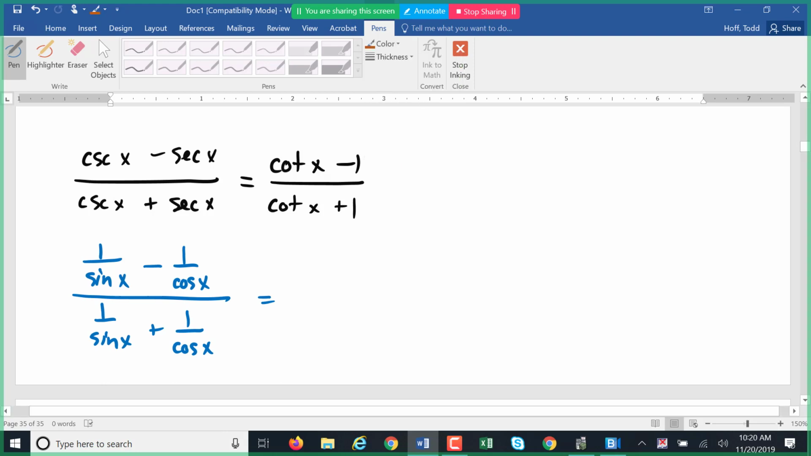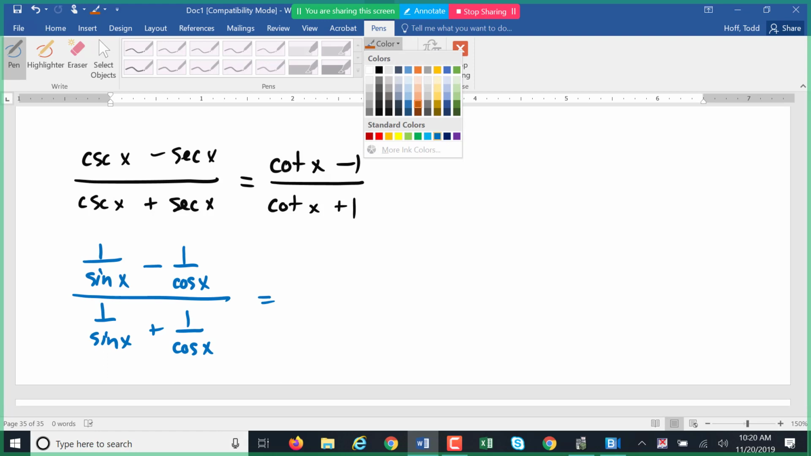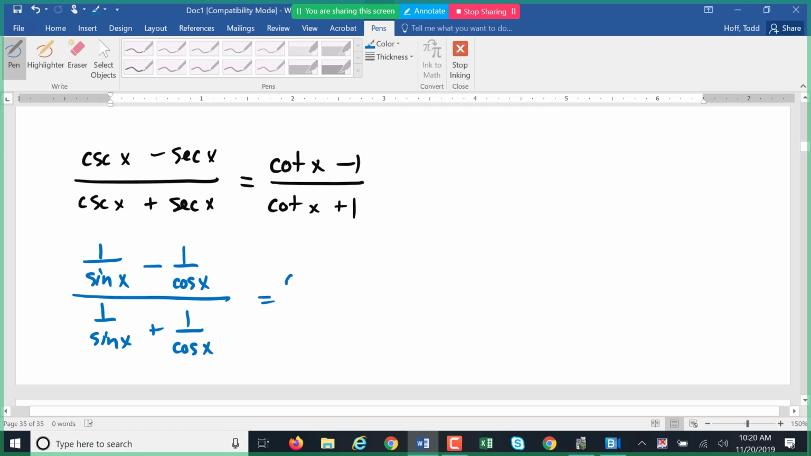Cotangent on the right side, well, that is cosine x over sine x minus 1. On bottom, cotangent is still cosine x over sine x plus 1. Well, here's what I'm going to do. On the left side over here,